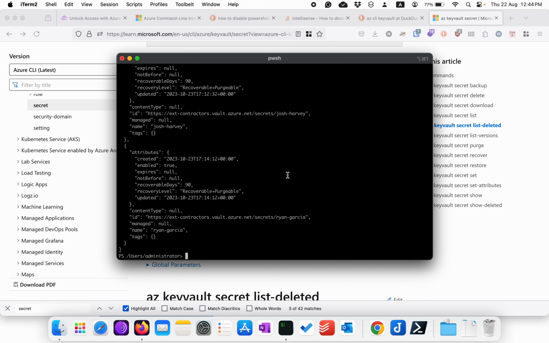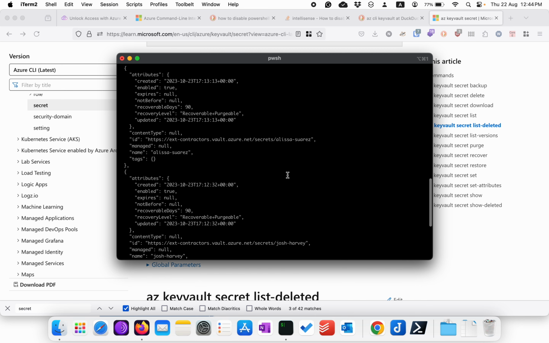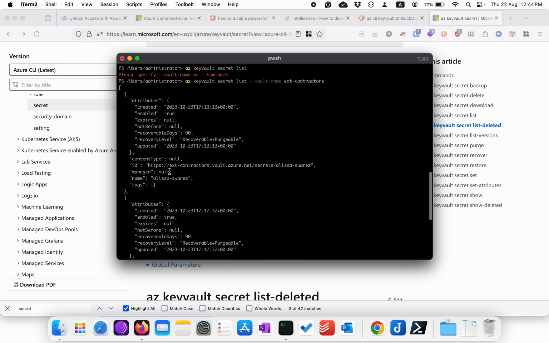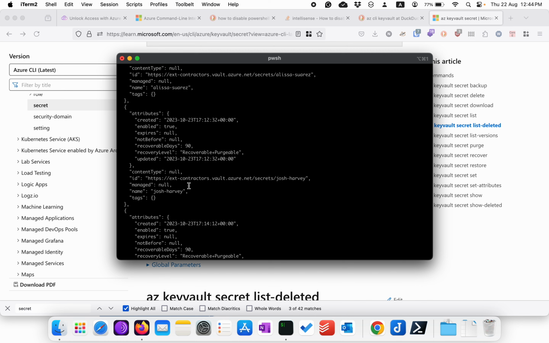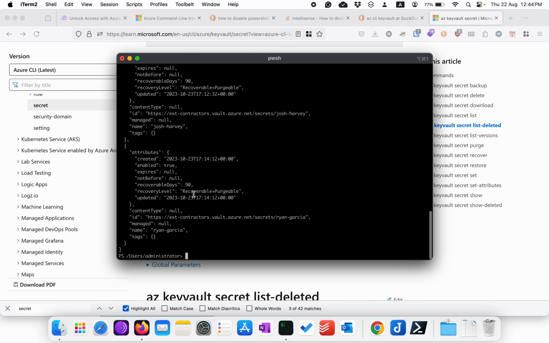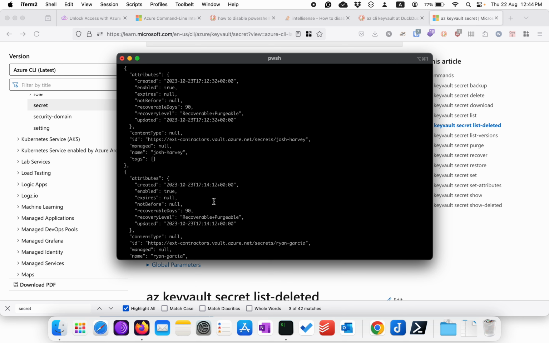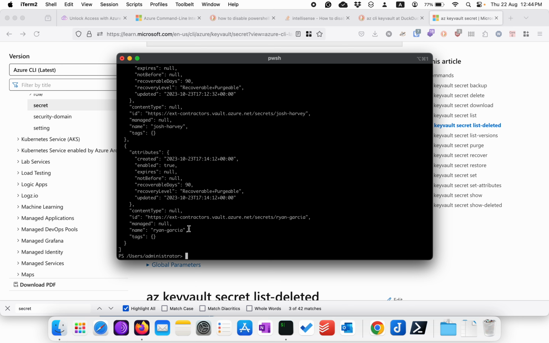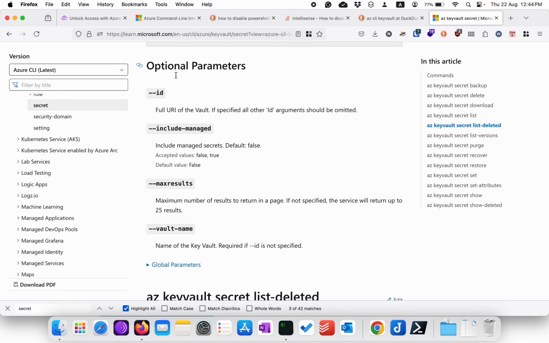Right, so we have some secrets in here, and these are the keys of those secrets: Alyssa Suarez, which sounds like a human name, Josh Harvey, and Ryan Garcia. So we have 3 secrets in this key vault, and they are entitled with a human name. So let's see the value of these names, and for that let's go back to our